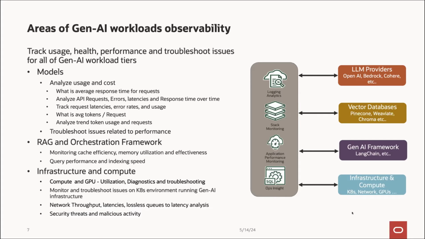When all of your GenAI workloads are running on Oracle's next generation infrastructure, we also have the ability to go further and monitor the throughputs, latencies, and lossless queues. Oracle offers direct mapping of the RDMA network to the pod level affinity. And in some cases, if the affinity is not able to be maintained, we will be able to identify that, so the customer can correct it.